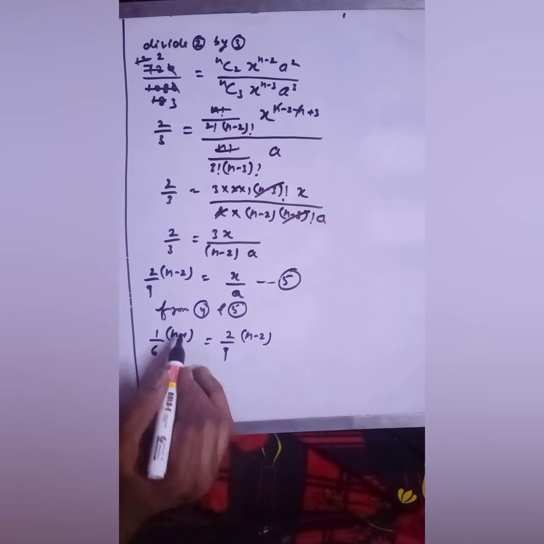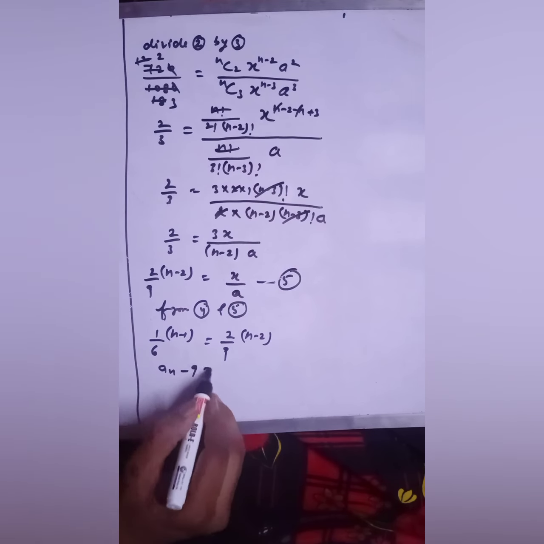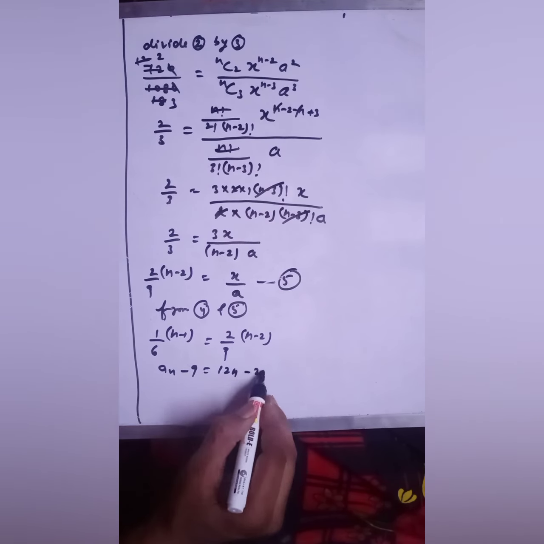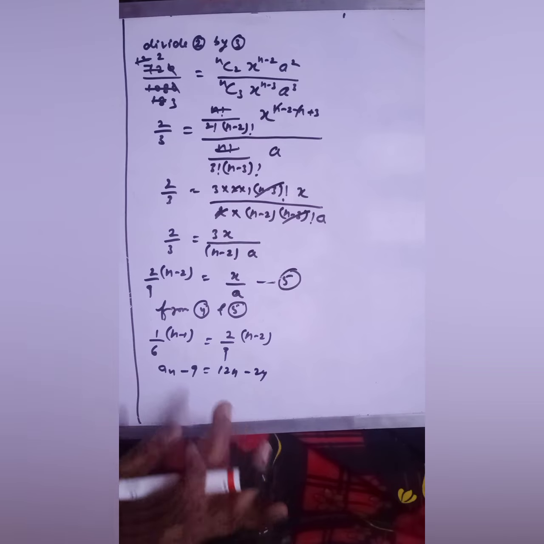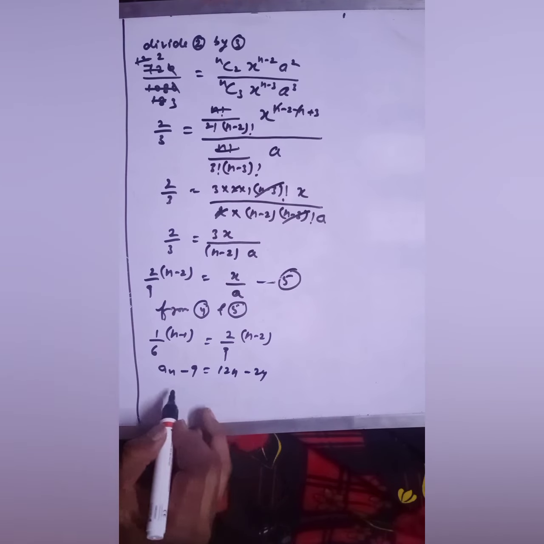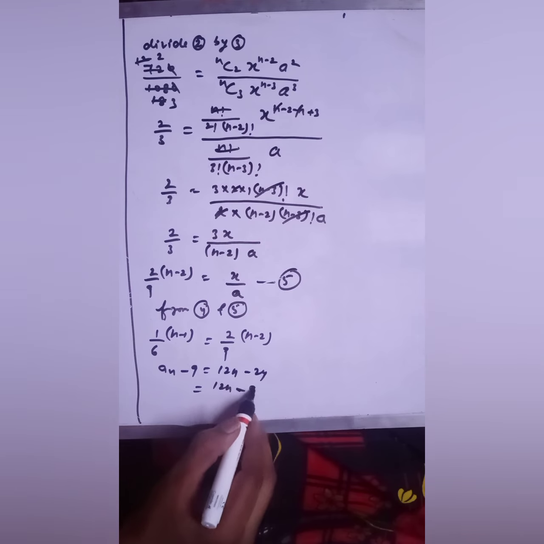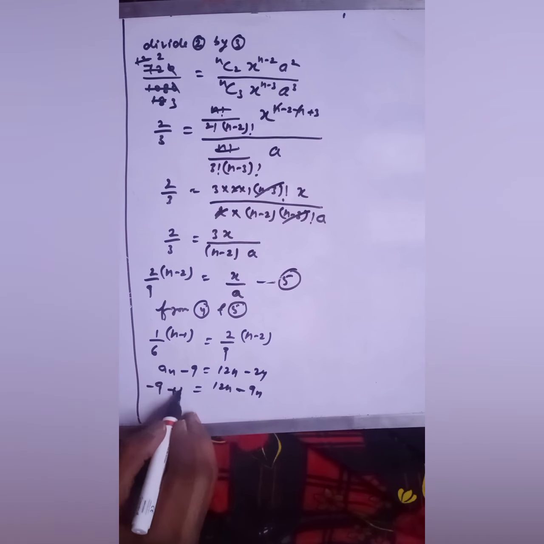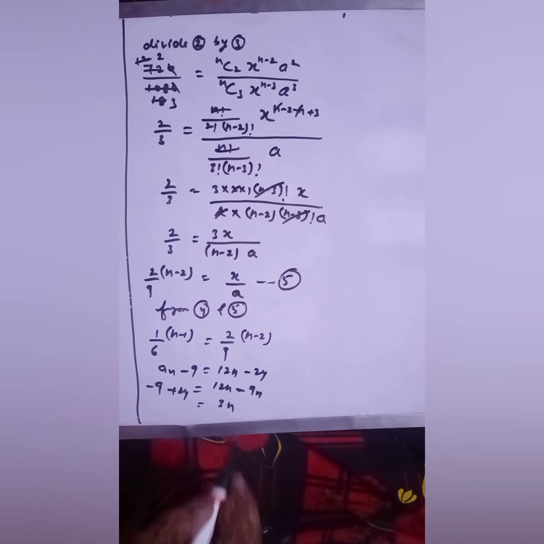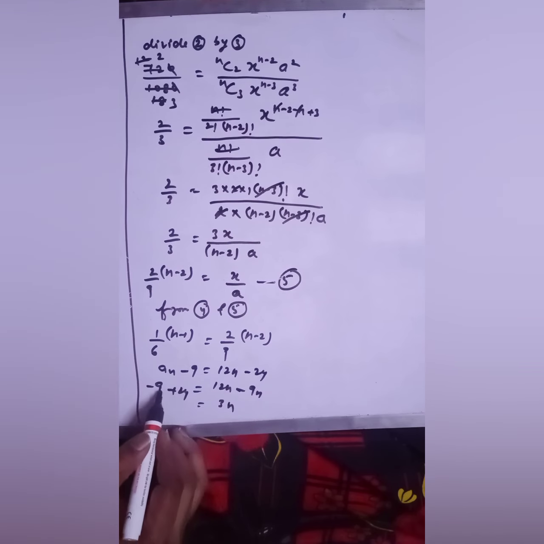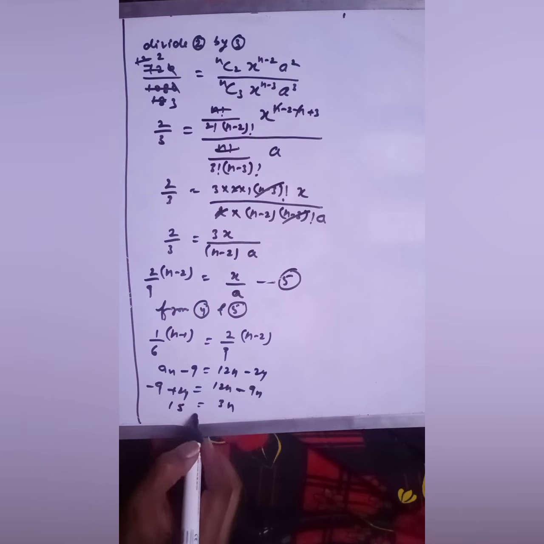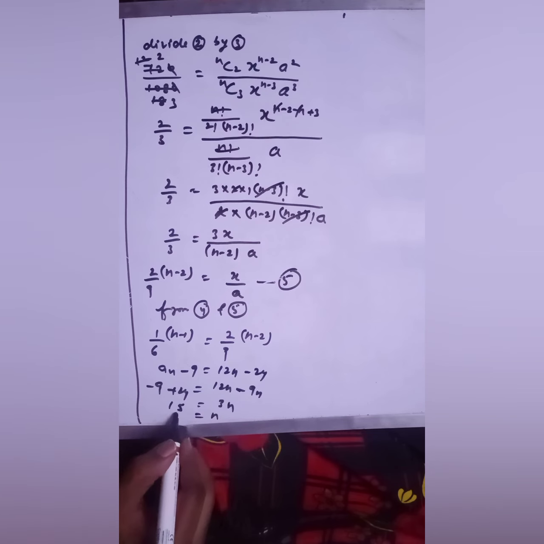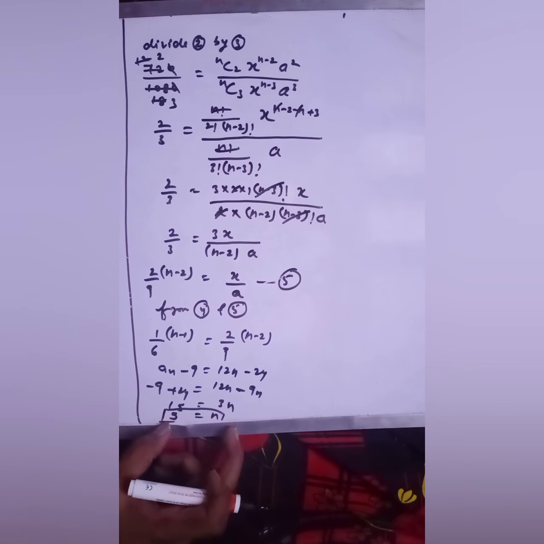So just simplify this. I'm cross multiplying. It would be 9n minus 9. This would be 12n minus 24. Now you can simplify. I know I am not explaining each and every step, you just have to cross multiply. So here this will be 12n minus 9n, and this is minus 9 plus 24. When you subtract, this would be 3n, and this would be 15. So your n would be 5.